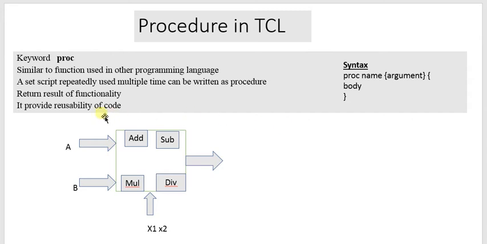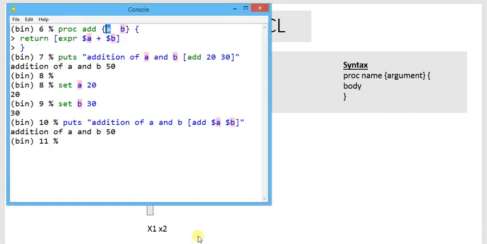Here I am showing another example of how we can execute four operations: add, subtract, multiply, and divide. There are two inputs, a and b, controlled by control lines x1 and x2. Depending on the x1 x2 value it will produce an output: 0 0 addition, 0 1 subtraction, 1 0 multiplication, 1 1 division. This functionality is similar to a multiplexer.